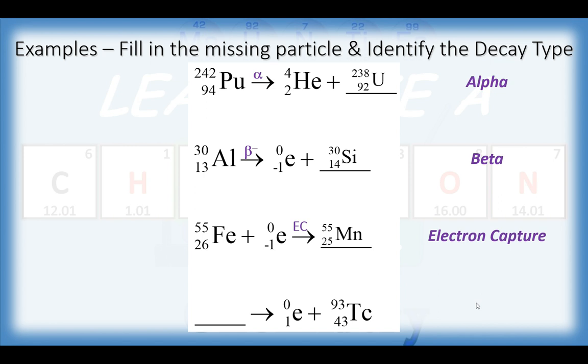Finally, the parent isotope is missing here. So what we have are the decay particle and the daughter isotope. And we see e with 0 over +1. So that means this is positron emission. So the mass number of the parent isotope is going to be the same, 93. And the atomic number is actually 1 higher than the daughter isotope. So it's going to be 44. And so what we get is ruthenium-93 for the parent isotope. And again, this is